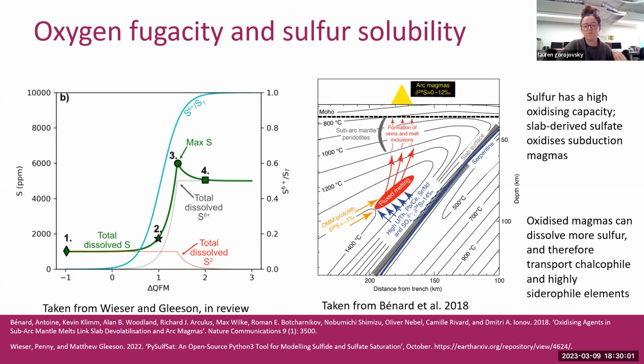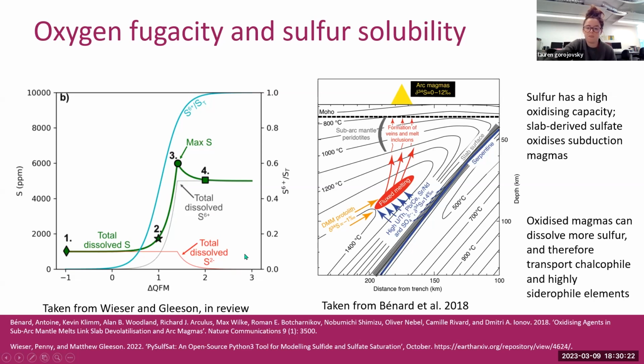To put more sulfur into a magma, we need to oxidize it. Lots of experimental studies have shown that you can dissolve more sulfur in a magma as you oxidize it, going from sulfide to